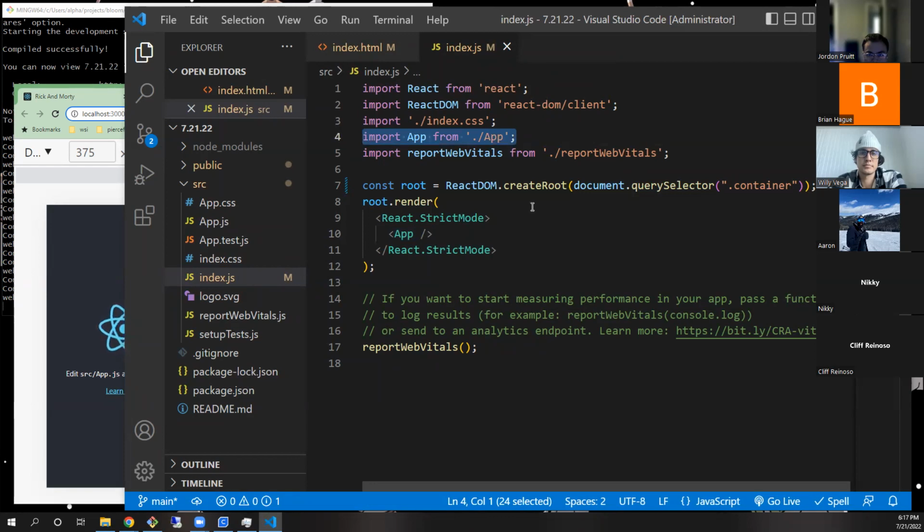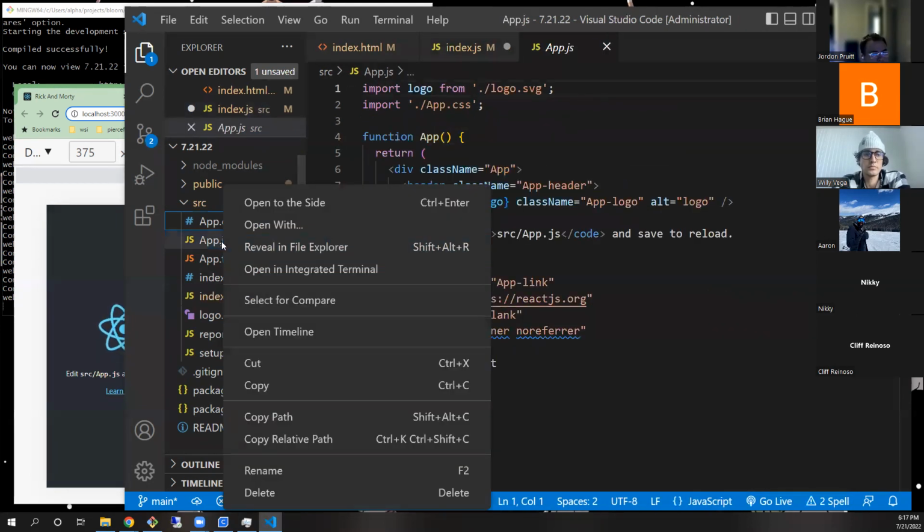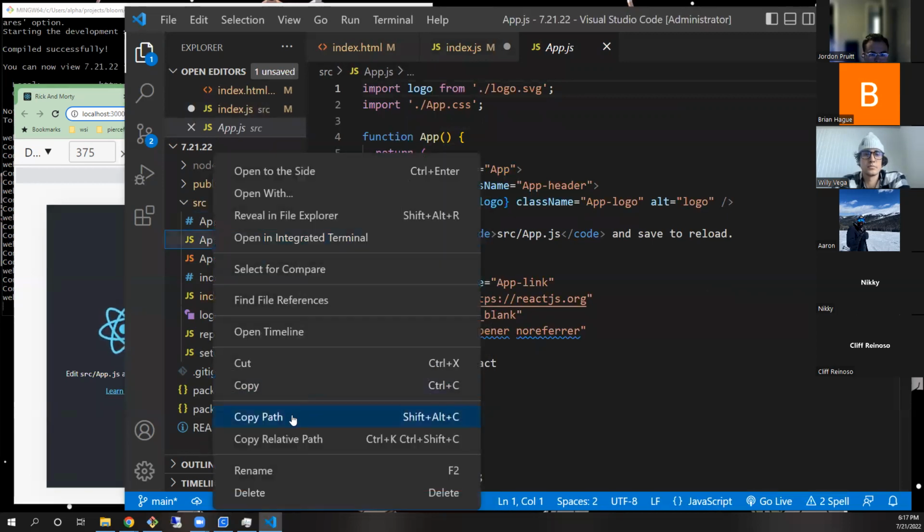If you look at your imports and exports, when the import doesn't have a curly bracket around it, that means it's a default export; if it has curly brackets, it's a named export. So here we're going to go into the current directory and into the app.js file. I am going to rename mine to JSX because